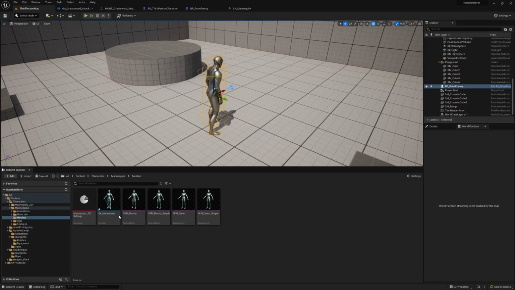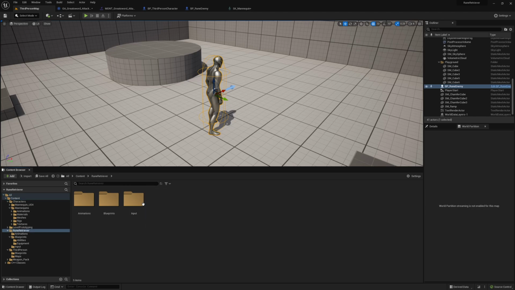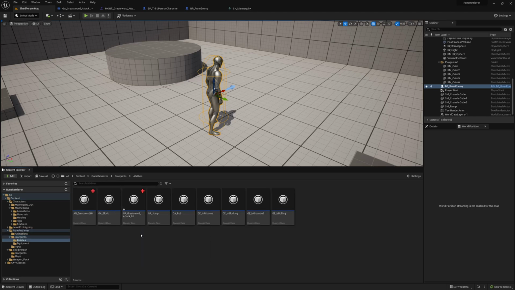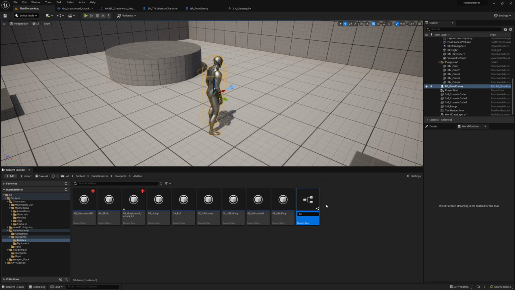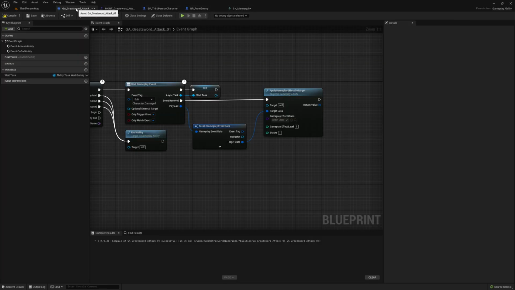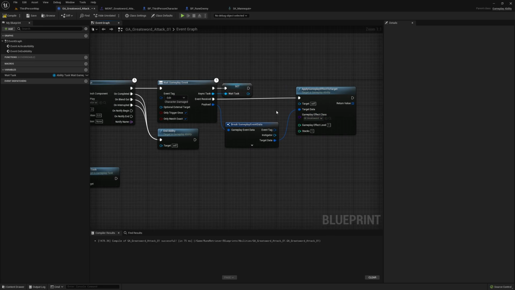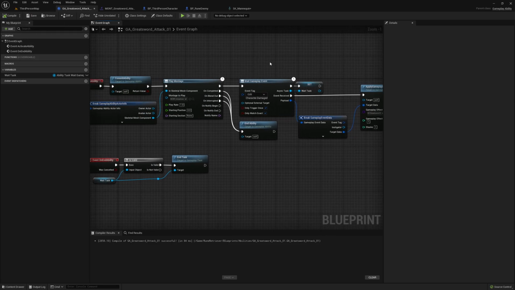So back in the abilities folder, let's just create a new blueprint class, which will be a gameplay effect. And we'll say GE_GreatswordDamage. And before we really mess with that, we can go back over to the gameplay ability, and we'll just say GreatswordDamage is the effect class that we want to apply. So now that that is done,